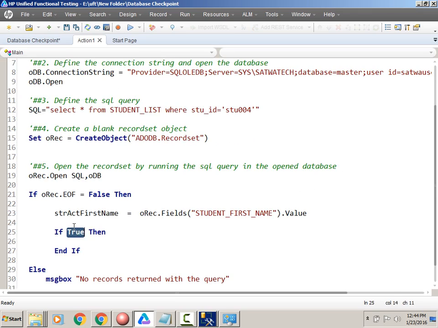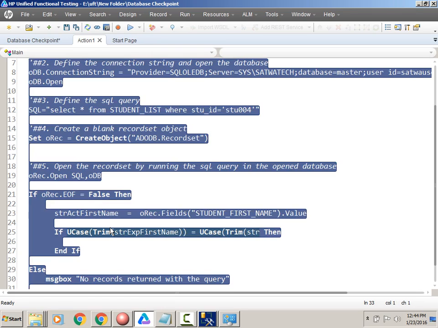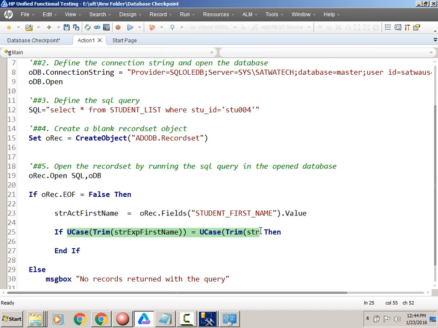If UCase of Trim of strExpectedFirstName equal to UCase of Trim of strActualFirstName, then